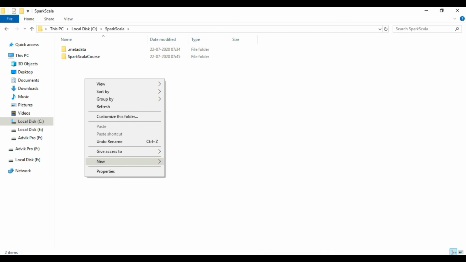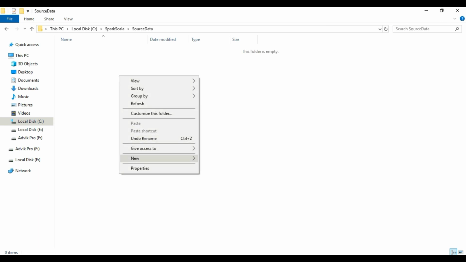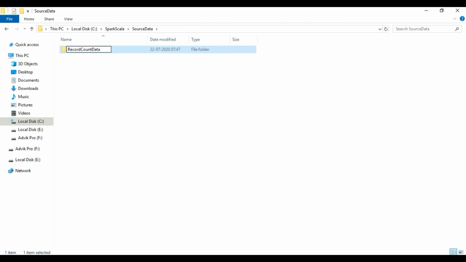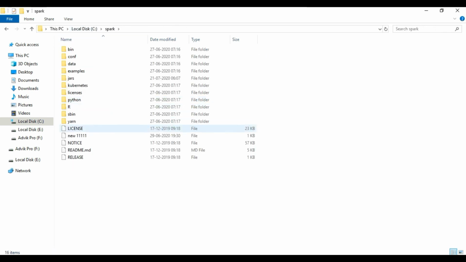Create a folder with the name source data. Go inside this. We will create a folder with the name record count data. Go inside this. Here we have to place readme.md file. So we will go to first Spark.